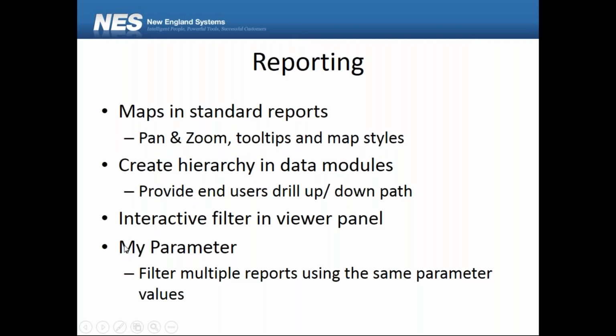Okay, one of the really cool things, and something that people have always asked me, how do we do this? I didn't really have an answer for them. Is they've created a My Parameter option. So what that does, if you create a filter for one report, you can add that to your My Parameter. So if you go ahead and create a brand new report, you can actually now use that filter